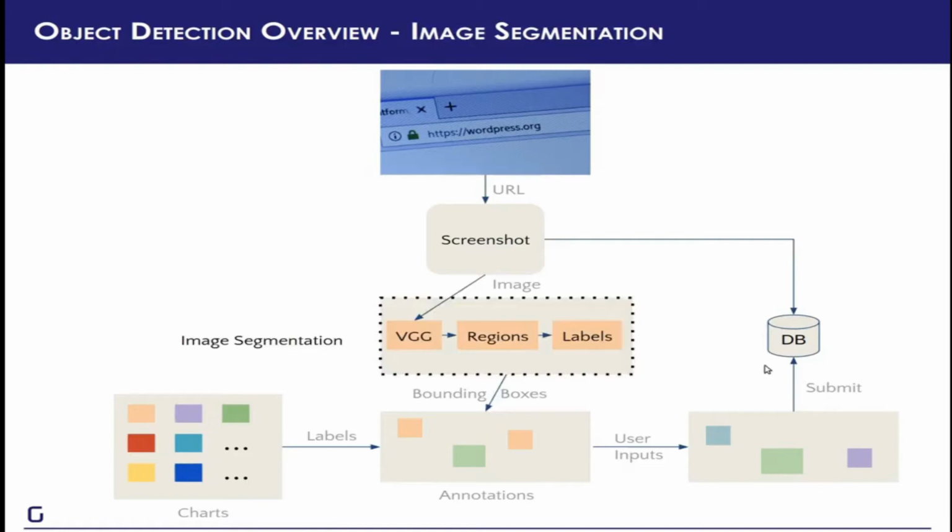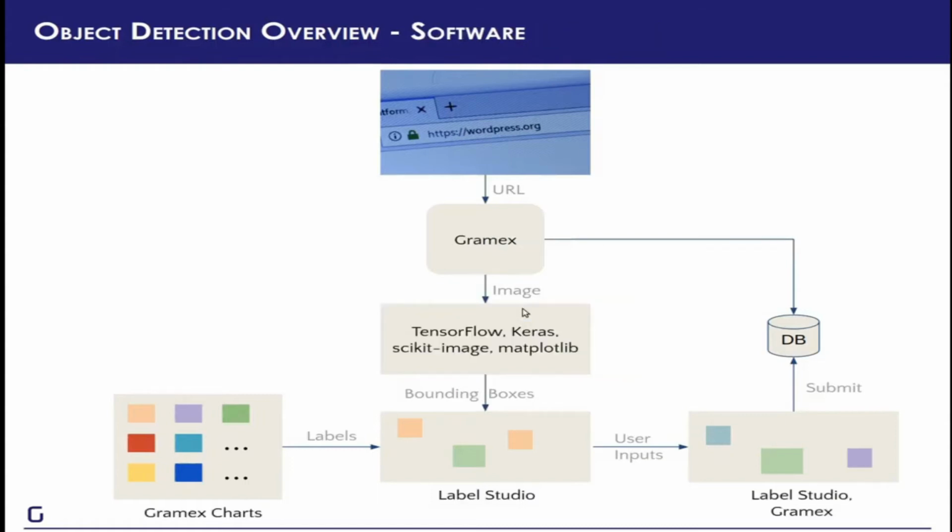To reiterate, the image segmentation block is made up of a base classification model, for example VGG, which was used to predict the class of each tile or each window in the image. We then connect all of them together with connected component analysis. This can be done either with TensorFlow or with scikit-image, and then finally we draw bounding boxes around them. All of that can then be exposed with Label Studio so that people can annotate it.